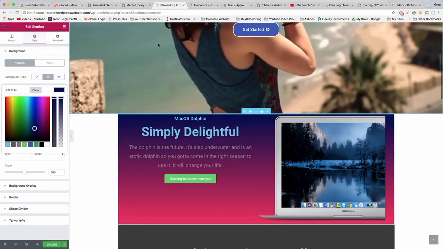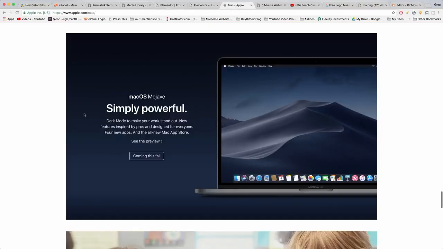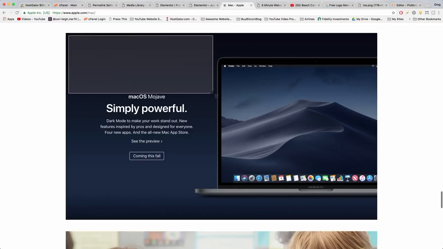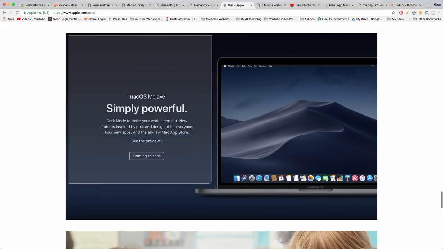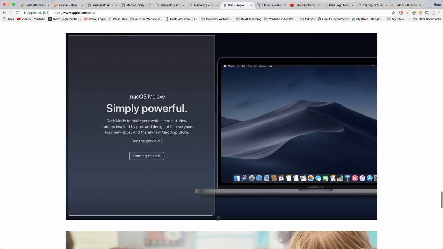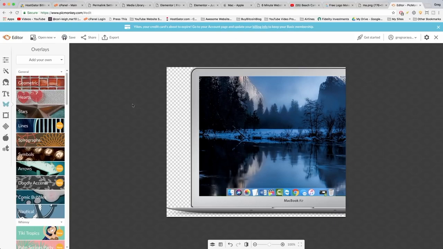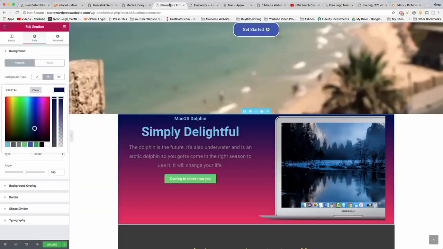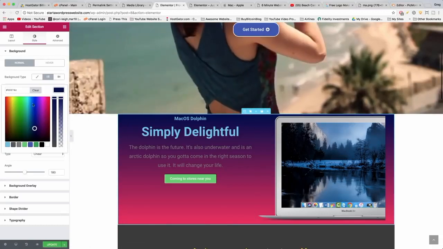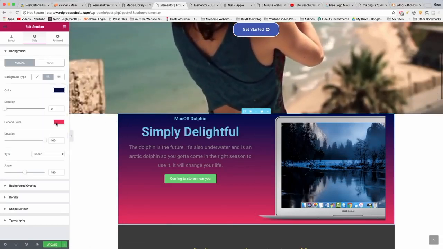So we have to eyeball it a little bit, but if you wanted to get really specific, you could take a screenshot of that Apple gradient. So I just hit Command-Shift-4 on my Mac, or you could do print screen on a PC and grab like a section including the whole gradient. And then you can go to PicMonkey and upload it into PicMonkey, and you can use one of their color selectors to find the exact colors. In our case, I'm happy with a dark blue for the color 1,